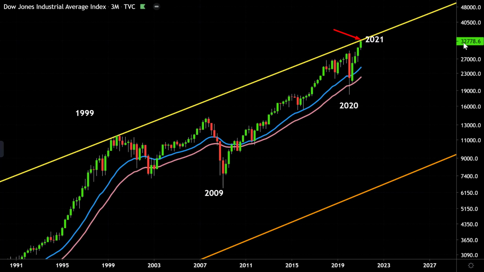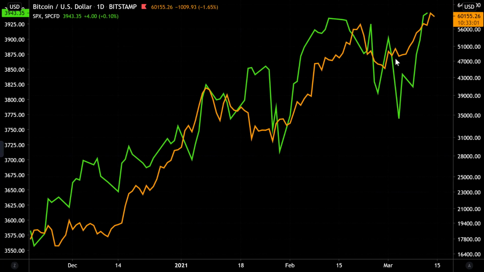Again, very fascinating. And by the way, in case you're wondering what impact that could have on Bitcoin, I really don't know. There are times when Bitcoin and the markets are correlated. At the moment there seems to be some kind of correlation between Bitcoin, shown to you here in orange, and the S&P here. But honestly, we don't know how the market or how Bitcoin could respond to some kind of a rejection or some kind of a bear market or even a retracement scenario.